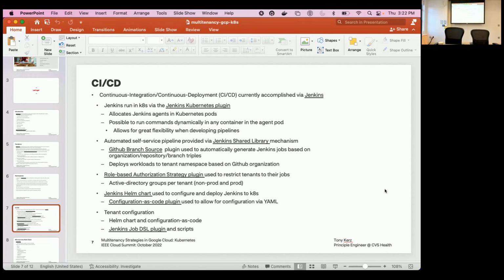there's some initial setup to associate a GitHub organization with Jenkins. We use a webhook at the GitHub organization level, such that anytime stuff happens in GitHub, it tells Jenkins about it. It feeds into this plugin. That plugin will create Jenkins jobs that correspond to that. So we get a lot of great self-service automation from that, so that all a tenant has to do is